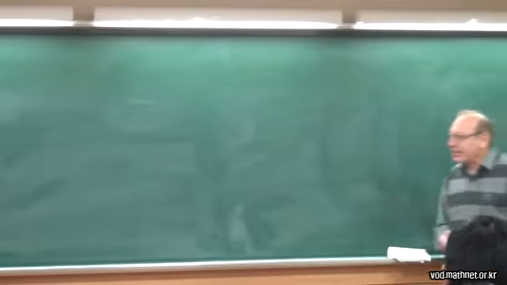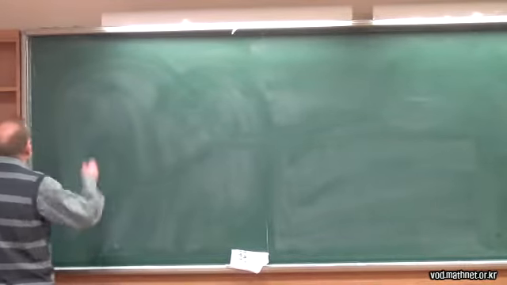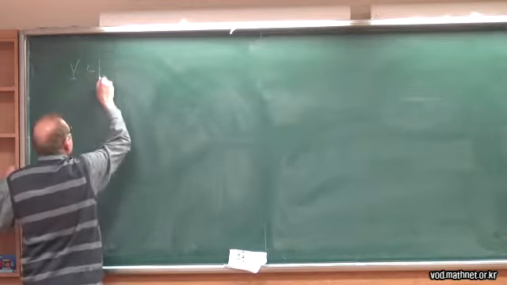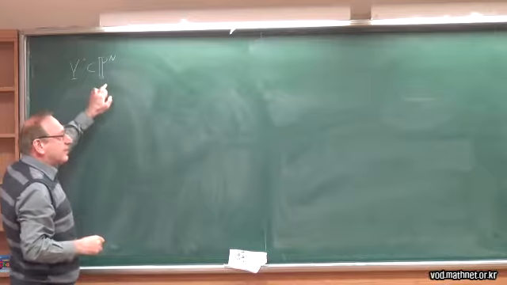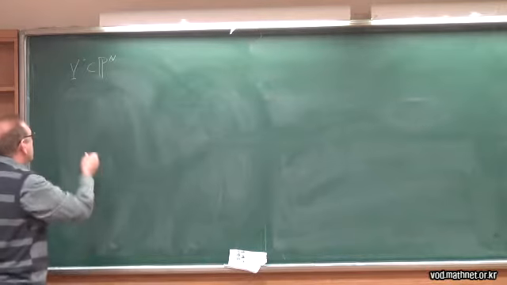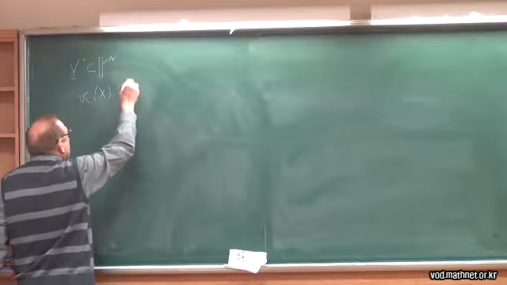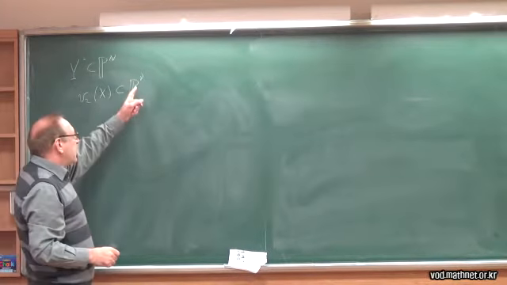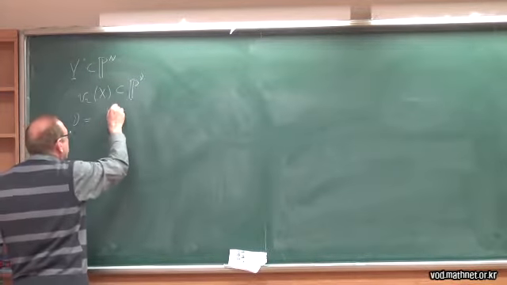A week has passed since my last talk, so I should recall some notations and introduce some new ones. From now on, we'll be interested in a projective algebraic variety Y, non-degenerate, lying in this projective space, and we will denote by X its second Veronese embedding. So the image lies in a projective space of dimension nu, where nu is equal to this number,